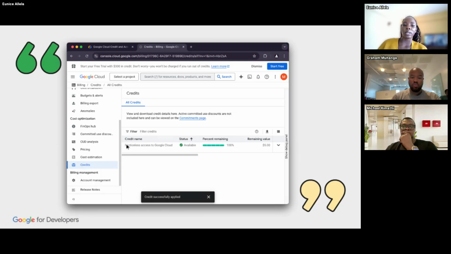You should be able to see under credits that it's written trial here, and the value should be $5. That should be enough for you to at least do 3 of the code labs. But if you want to experiment on more, that's well and good if you're more on a self-learning basis. So let me just know if we are all here. If anybody is stuck on redeeming credits, please let me know.